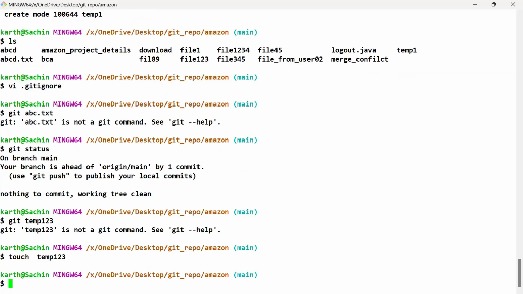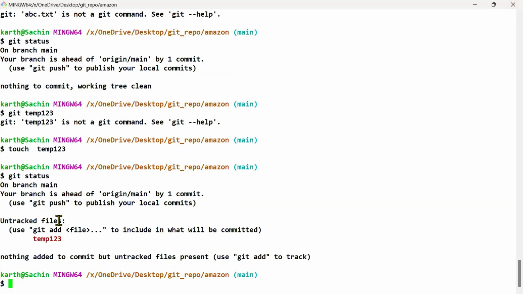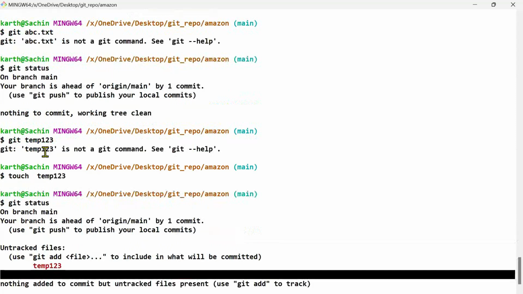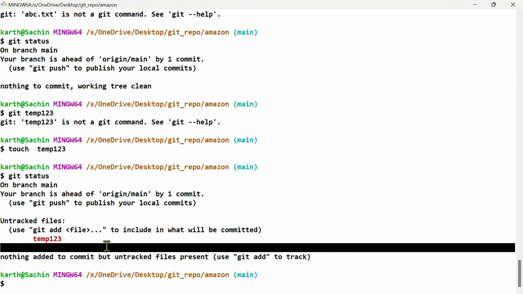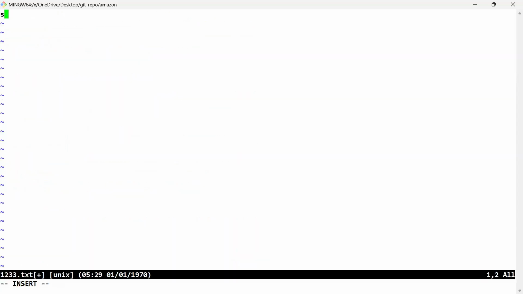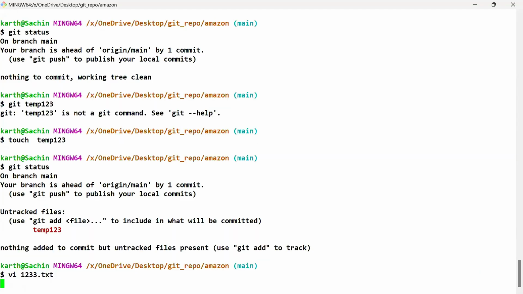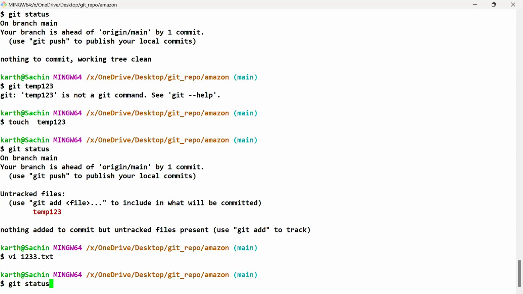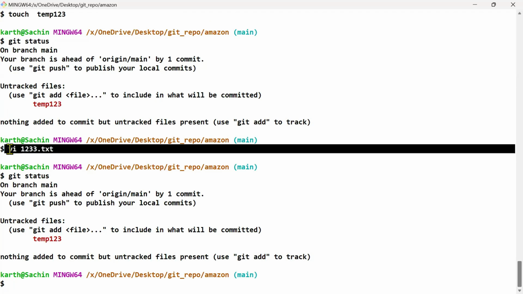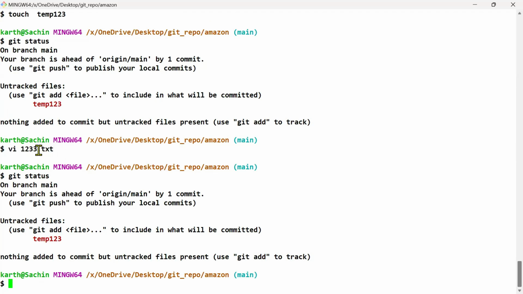Touch 123. If I just see git status, it is clearly showing you this file is an untracked file. But let me create one more file, vi123.txt. Okay, add some content, git status. See, it is not showing you this file because this file name star.txt I already added into your git ignore